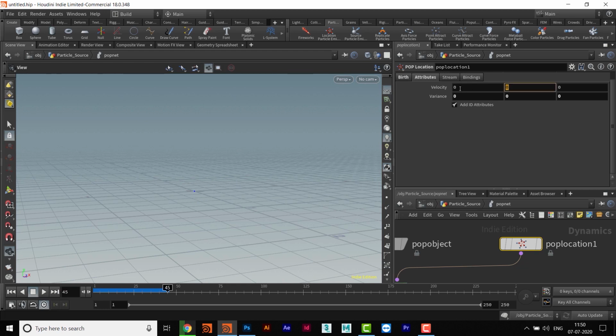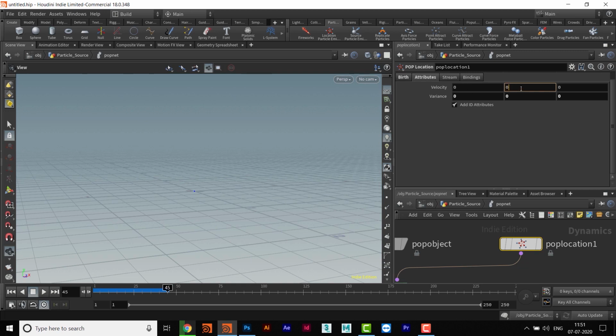So if I put in any kind of value here in x, y and z, because this is velocity, and velocity is a vector value. A vector value has three components: x component, y component and z component. So velocity is a vector value, and that is why we have three values here.